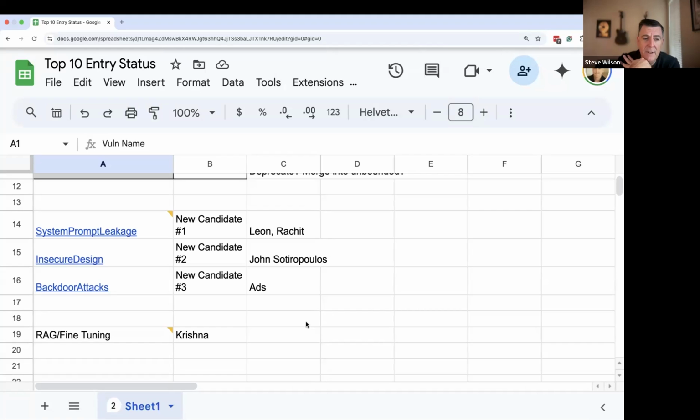He actually had 5 on the list, but some of those I think I effectively promoted into the top 10 because we know they're replacing existing top 10 entries. They're basically big evolutions of one of those. So we have these 3: system prompt leakage. There was an entry put in about that ranked very, very high in the voting, and we continue to see news and debate about this topic.